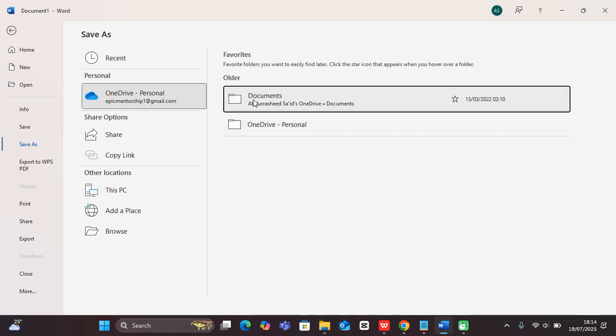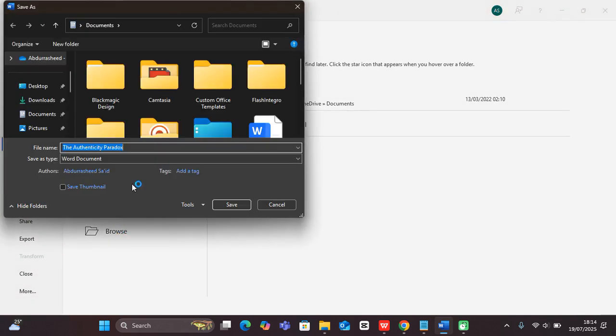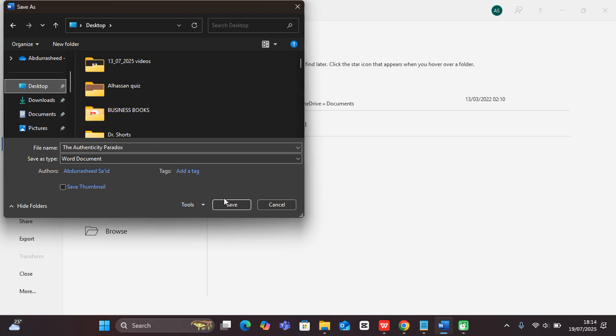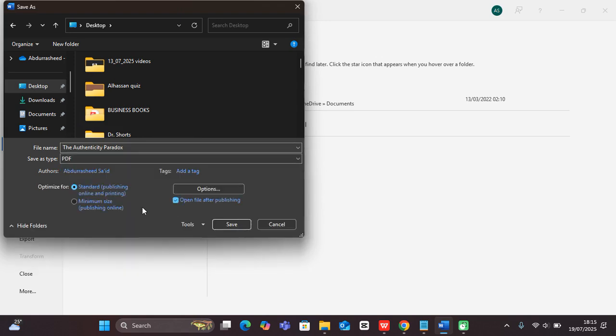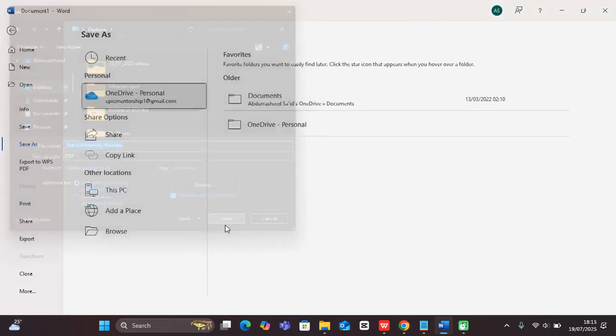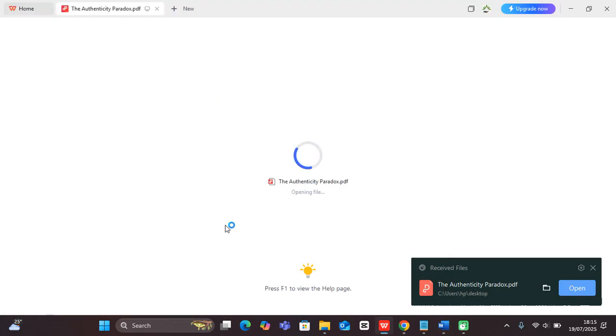For example, you can double click on this to browse. Okay, so you browse where you want to save it. When I want to save this on the desktop, I can give it a file name, and then I have to specify here that I want to save it in PDF. Okay, so with this name, PDF and location, I can just click on OK, and this is now saved in